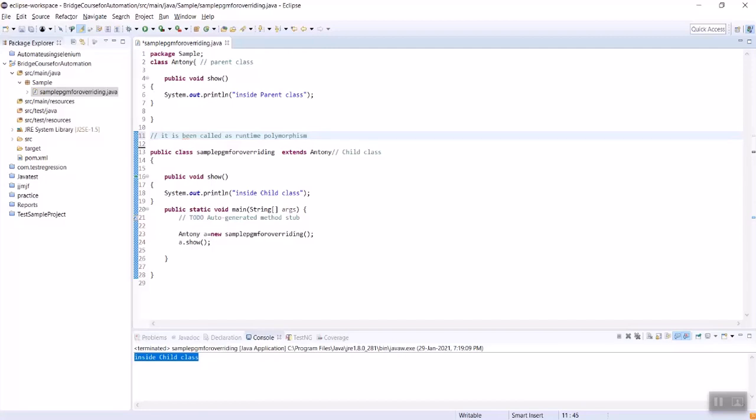For your understanding, I'm writing that it's called runtime polymorphism, as it gets confused at compile time because it has two methods with the same name. At runtime it comes to the final conclusion of executing the child class method.